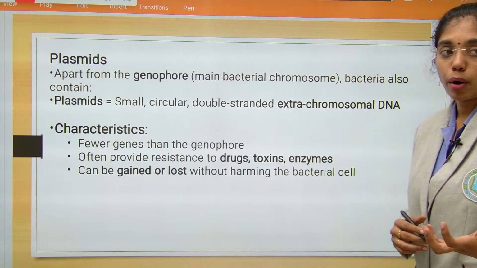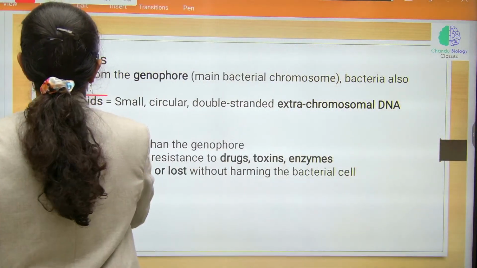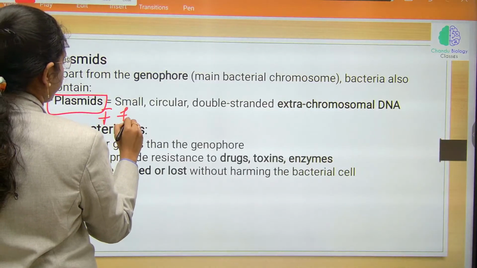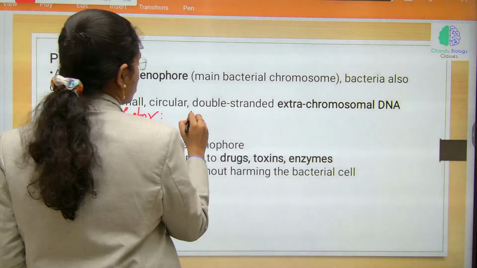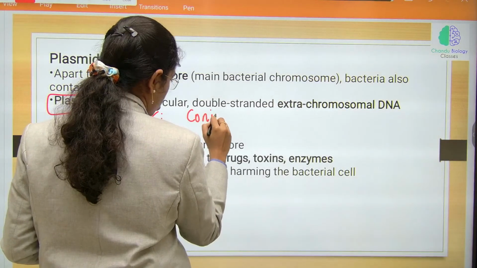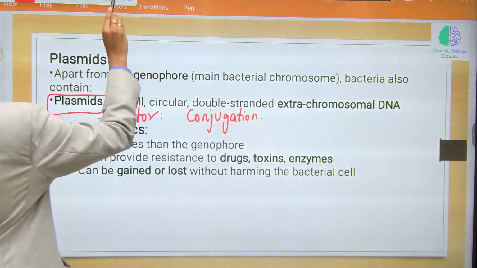And most important is plasmid DNA, if at all it has F factor, it also aids in sexual recombination, that is conjugation. This is about plasmid DNA. Now,